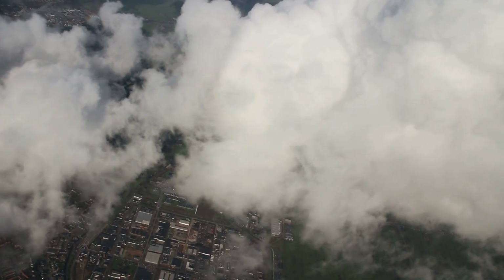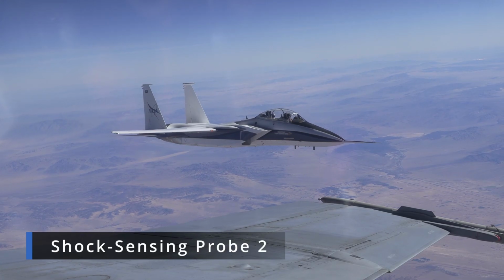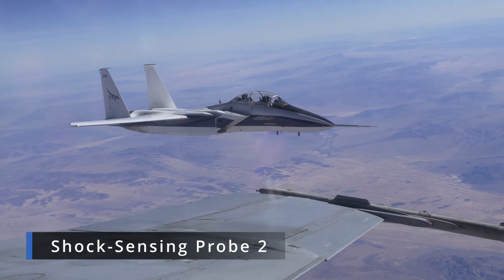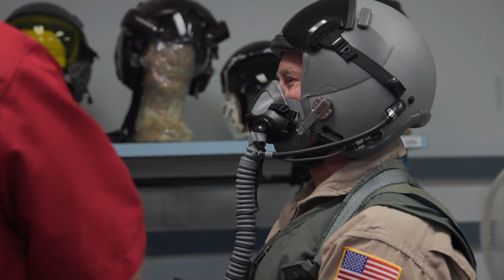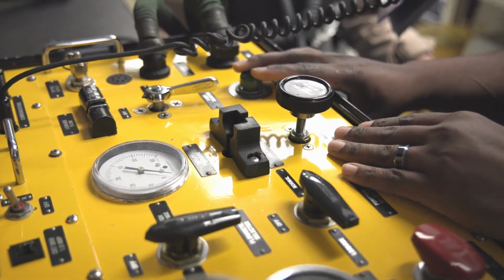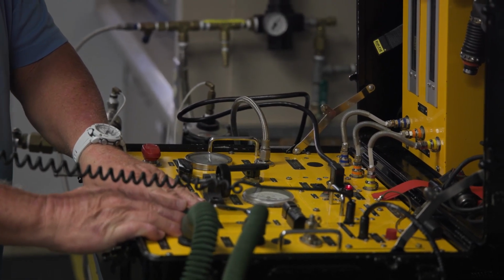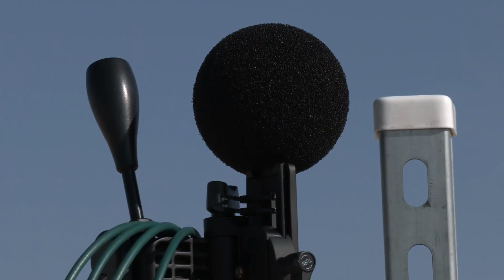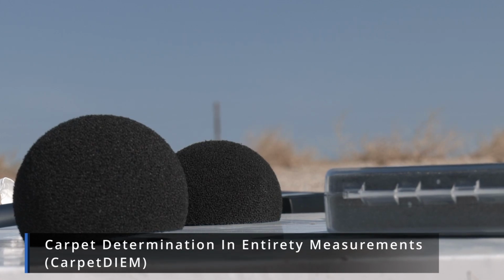over land. Testing validated supersonic shockwave imaging and measuring systems installed in chase aircraft that gather critical data on the X-59's sonic thump. The chase aircraft also received a new life support system to provide pilots with enough oxygen during high-altitude flights. And testing was conducted to verify microphone stations that will be used to measure the thumps on the